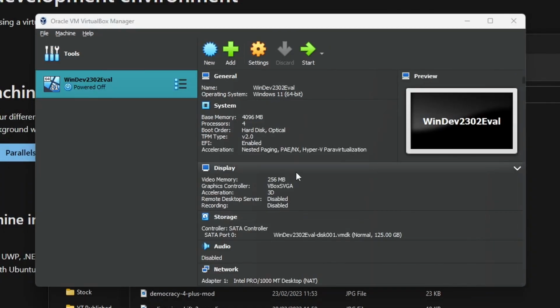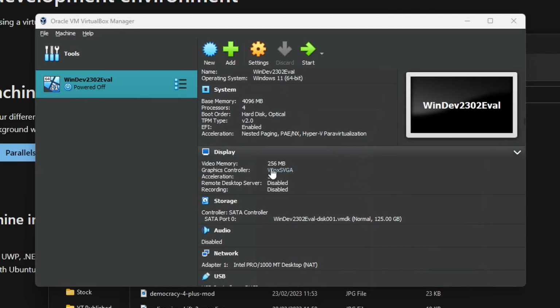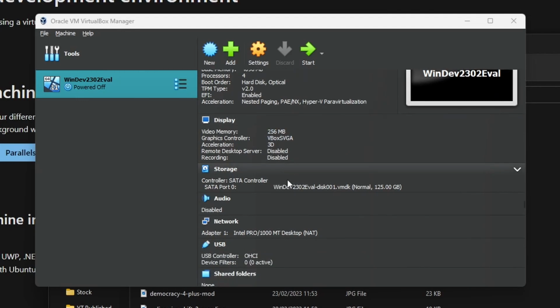So once the import has finished, you'll see this windev2302eval virtual machine appear here. You can see it's Windows 11, Windows logo 11, and it's 64-bit, and it's powered off at the moment, so it's like a switched off computer. And it's running Windows 11 64-bit. Base memory, it's going to use 4 gigabytes, and the processors. It's going to boot hard disk, optical, trusted platform module version 2, EFI is enabled, various acceleration settings, display, it shows the video memory, and